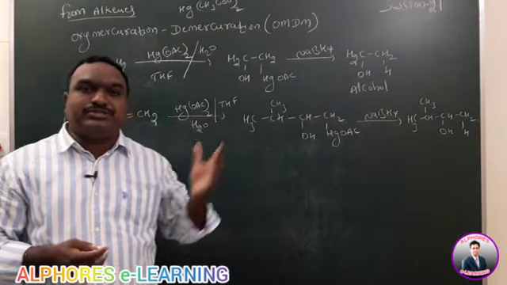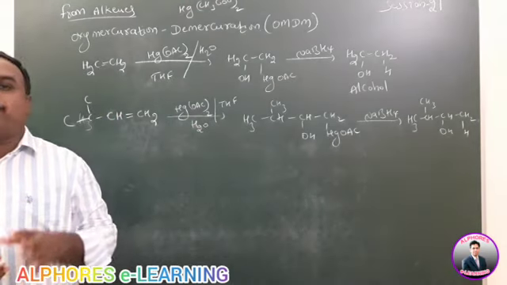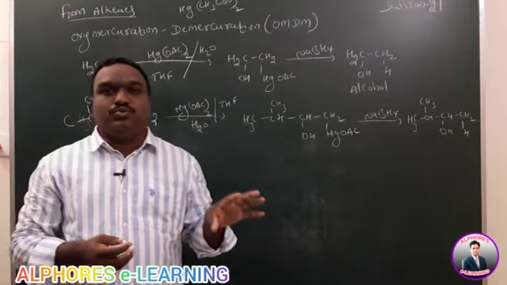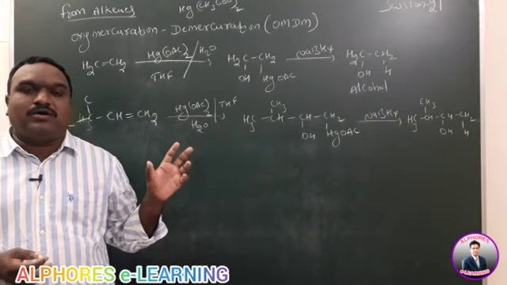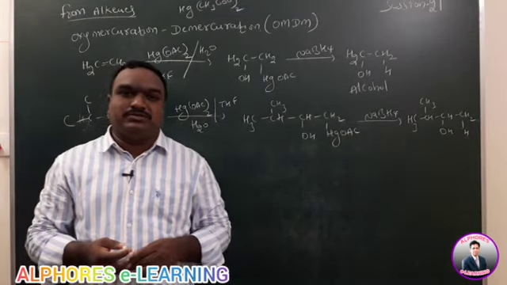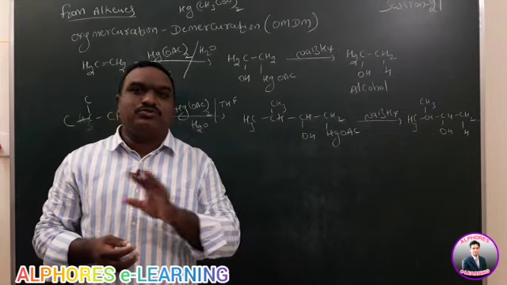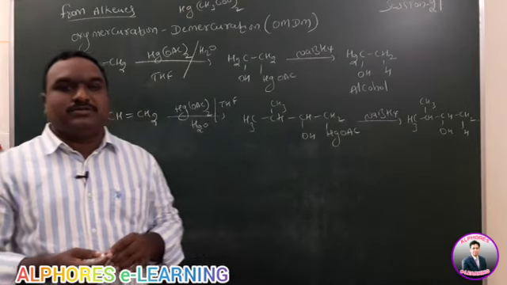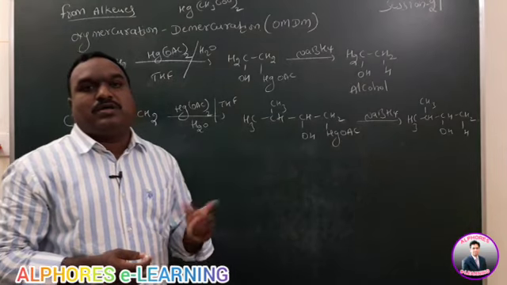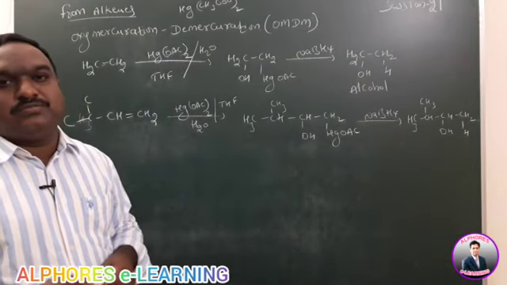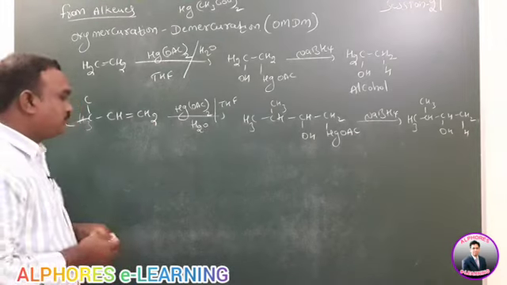Wherever hydroboration is given, in hydroboration also we need not do a rearrangement. Reason: the reaction proceeds via a cyclic intermediate. Due to that reason, no chance to get the rearrangement. No rearrangement in both cases. Which ones? Hydroboration and oxymercuration reactions.